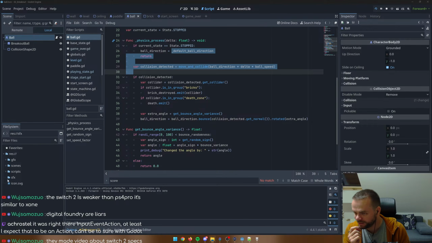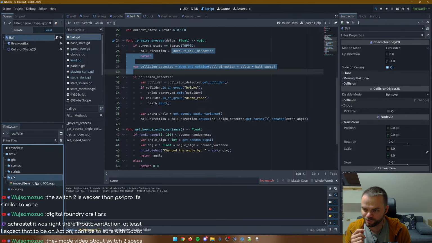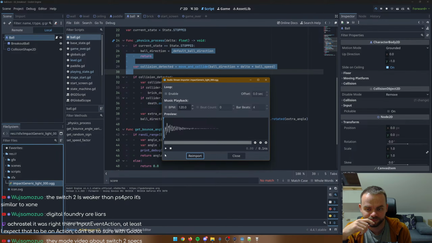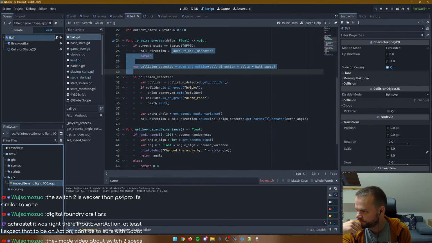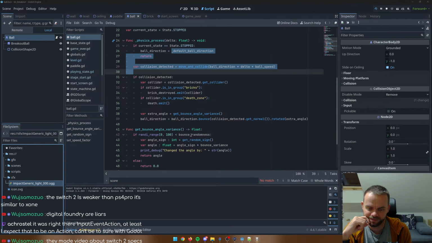Impact generic light. Okay, it does support OGG. Okay,